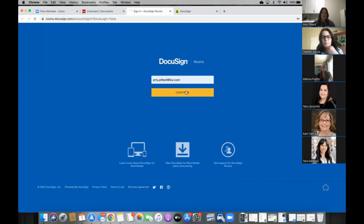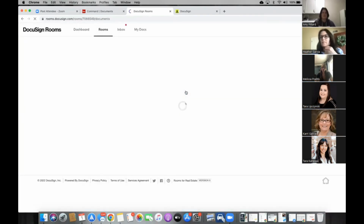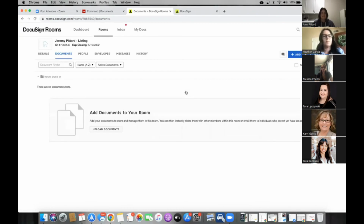That's how it creates little subfolders instead of transactions, because we do it through Zip Forms, right? And this creates the same thing in DocuSign. Here's what that would look like. Here you could upload documents, add documents, and do it all in there. At some point you will be utilizing this. Right now we still use SkySlope because this just is not